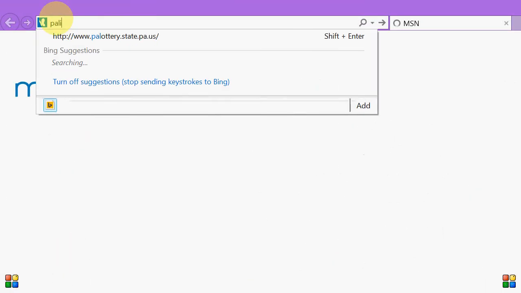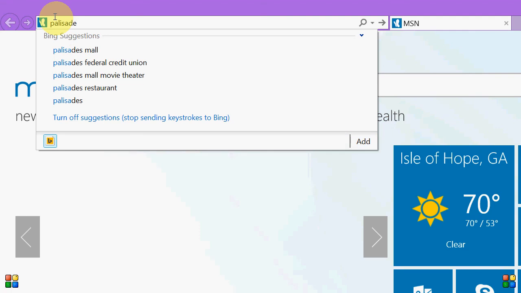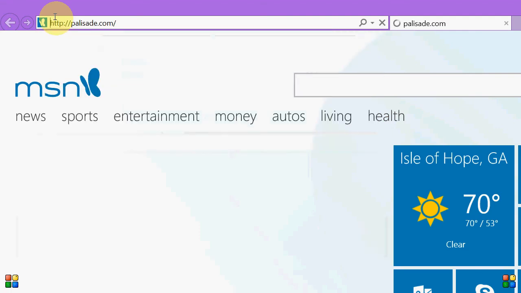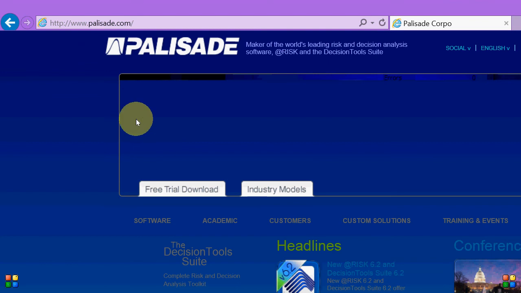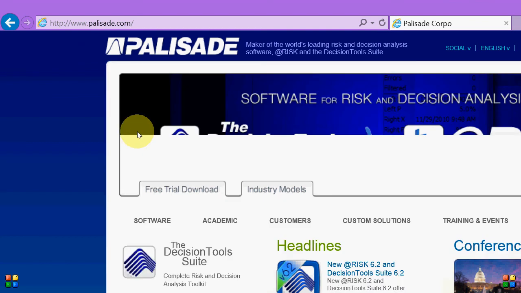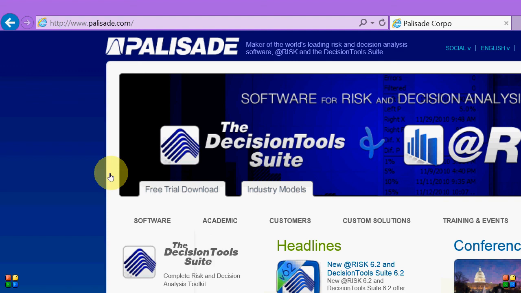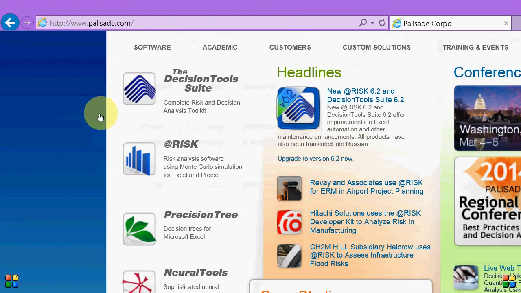So here, let me open this for you and show you how it looks. If I open up this particular website and type palisade.com, it's trying to open up the software for you. And I think it's a wonderful piece of software. It's called the Palisade Decision Tools. Here we have the free trial download also available, in case you're looking for 15 days, it's a pretty good one. Now there's a Decision Tools Suite here, and we'll be using PrecisionTree right now for the decision analysis problem.